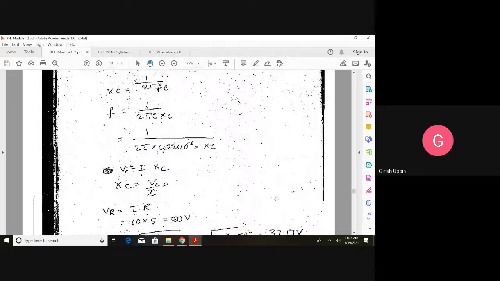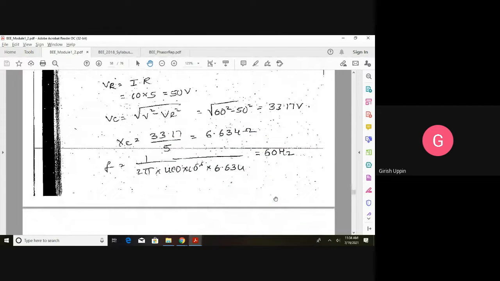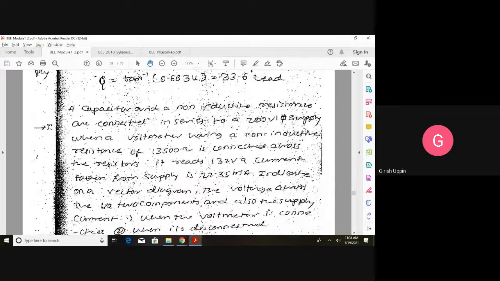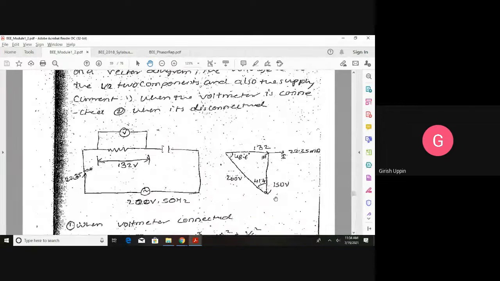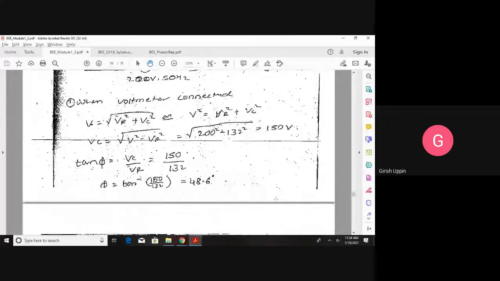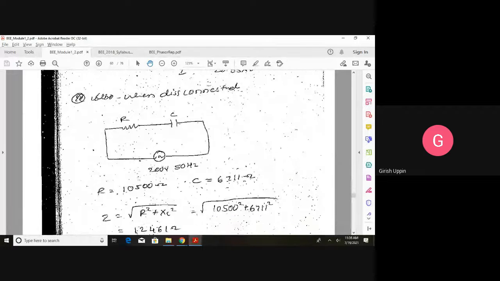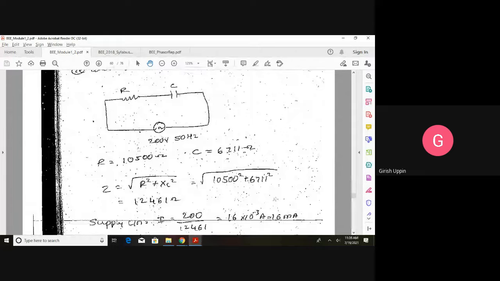Similarly, you can do the RC circuit. RC is on similar lines. There is no change. Whatever analysis we saw for one circuit, on similar lines, you can do the other circuit. And there are many other problems in VK Mehta that you can refer to. In the exam, the problems will not be repeated. The concepts will be repeated.